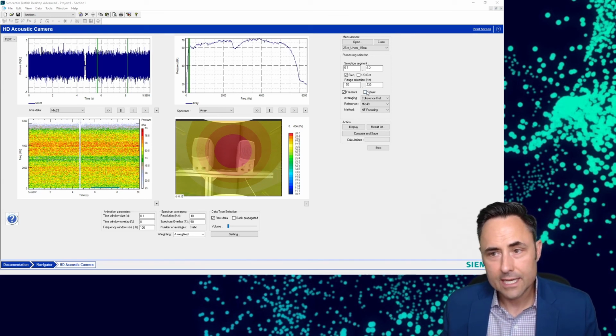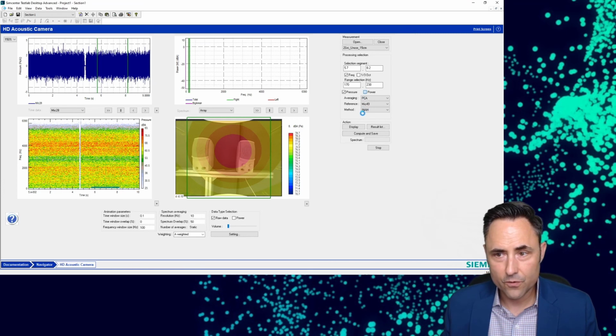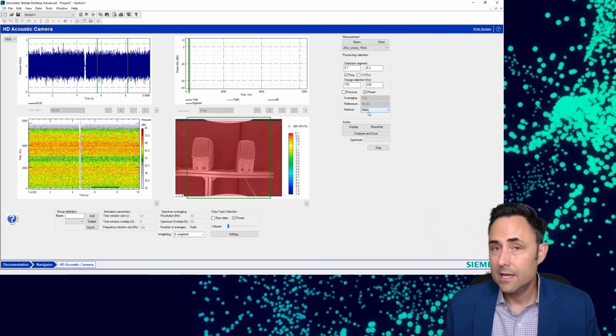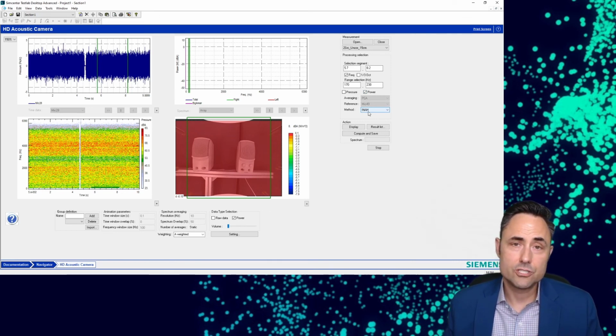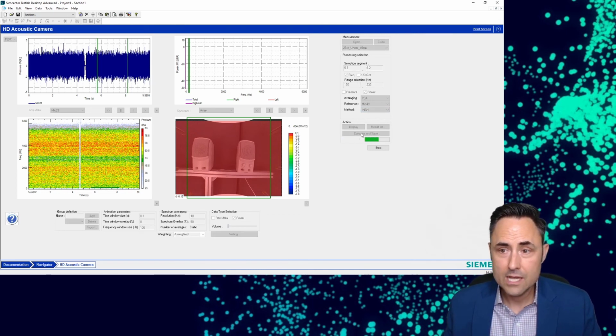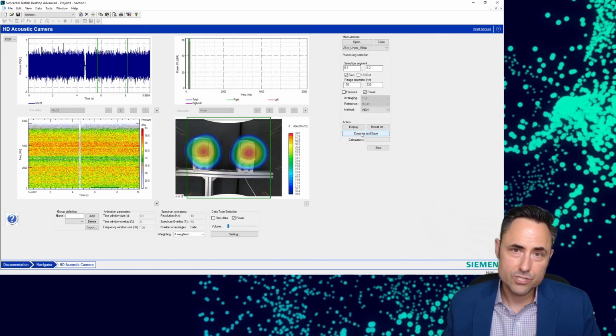So what I can do is click this button over here, and this is going to force the software to apply the near-field acoustic holography algorithm instead of beamforming. Near-field acoustic holography isn't so linked to the wavelength of sound like beamforming is, and so it's able to produce a much more specific result for low frequency. If I say compute and save here, for those same frequencies, I will get an answer. Boom. So you see the localization specificity.